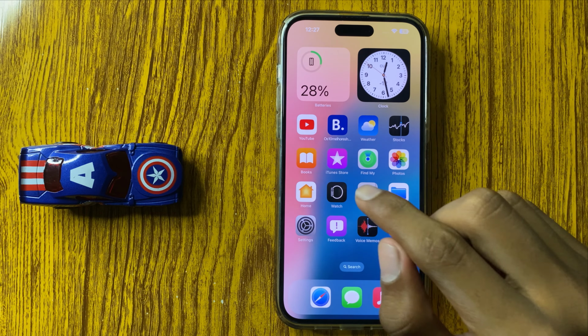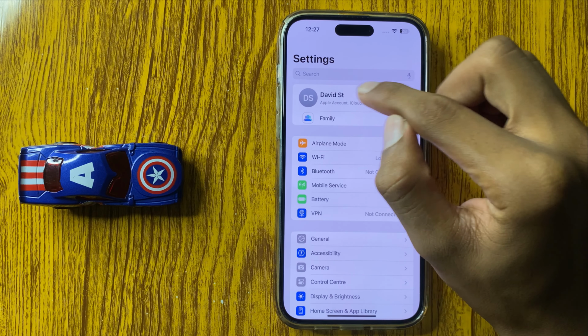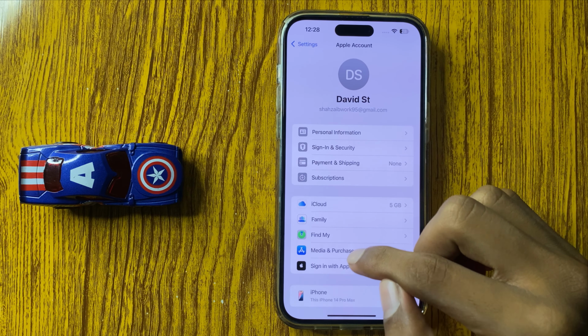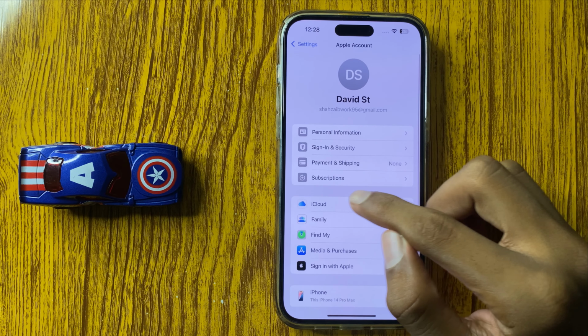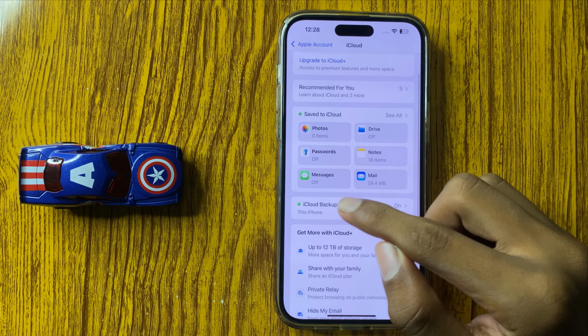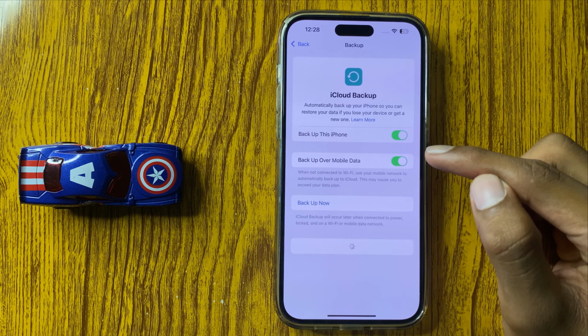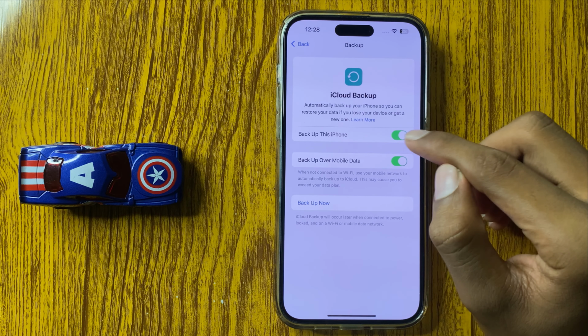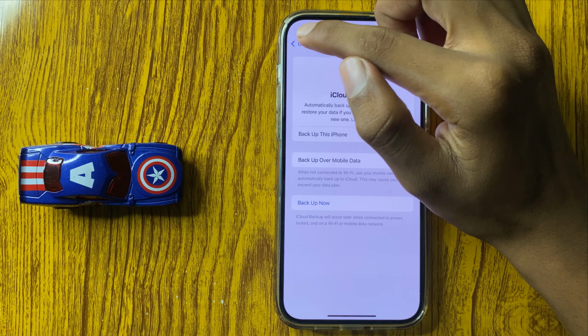First of all, open Settings and then click on Apple Account, and after that click on iCloud, and now click on iCloud Backup. Here you can turn on or turn off iCloud Backup from here, and then go back,